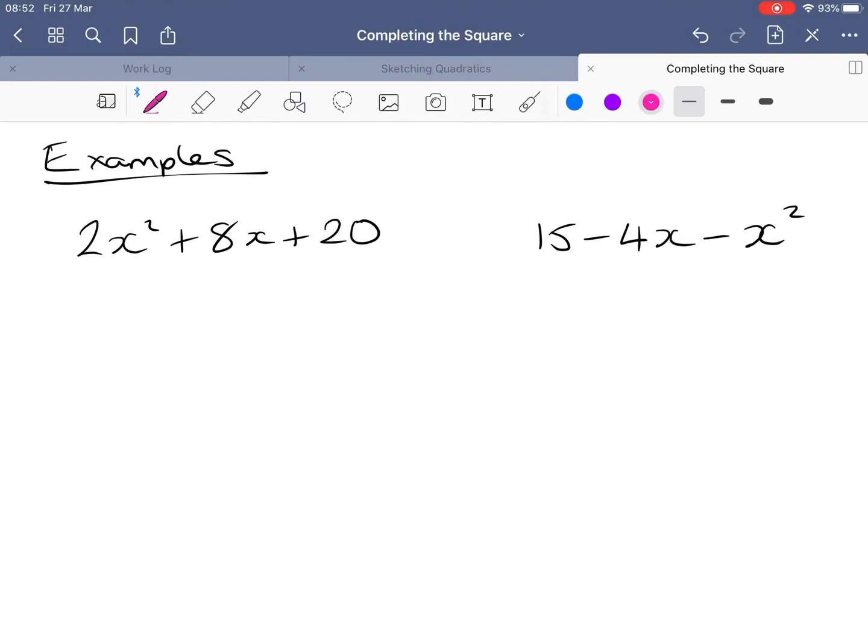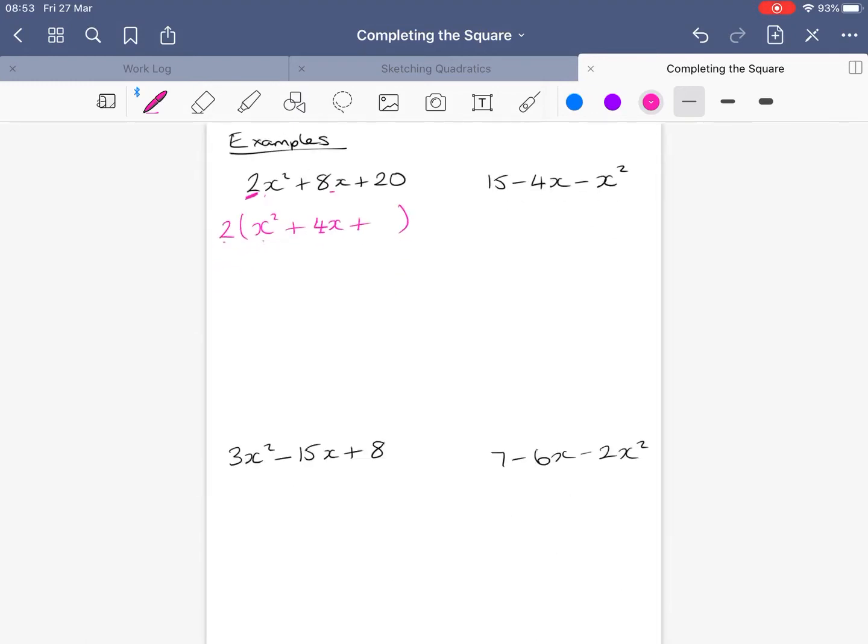And so what we actually have to do is we have to take out whatever the factor is. So in this case, because the coefficient of x squared is 2, we need to take out a factor of 2 first. So I need to bring a 2 outside the bracket and then factorise the rest of the quadratic. So if I take out a factor of 2, 2x squared just becomes x squared. Because remember, how do we think about this? This times this has to make this. So 2 times x squared has to make 2x squared. Plus, again, remember, 2 times the x term has to make 8x. So it's got to be 4x plus